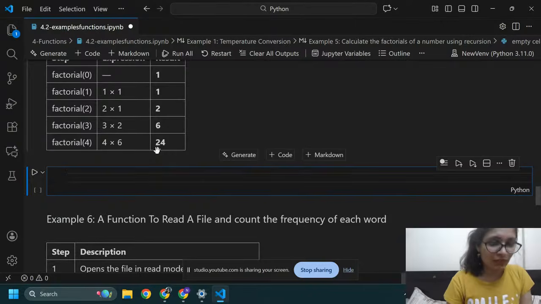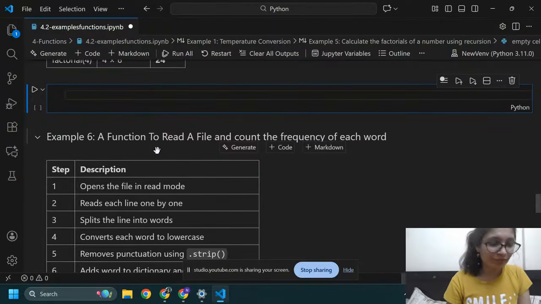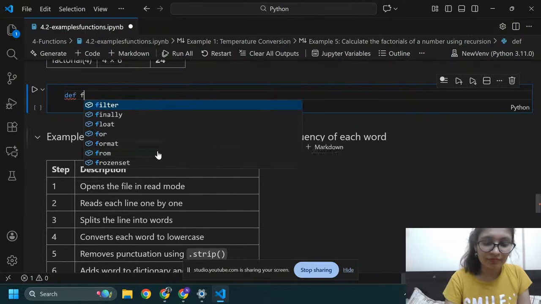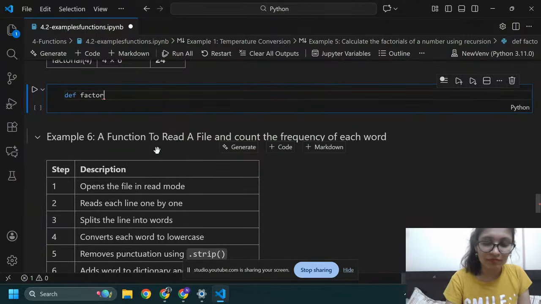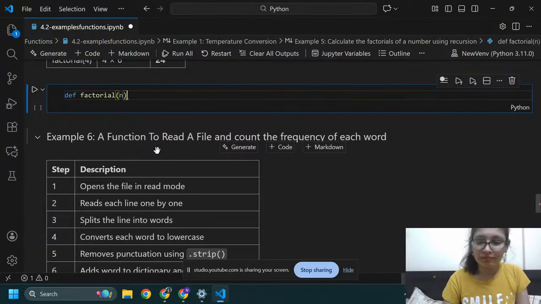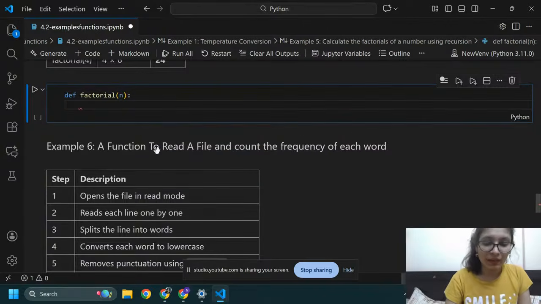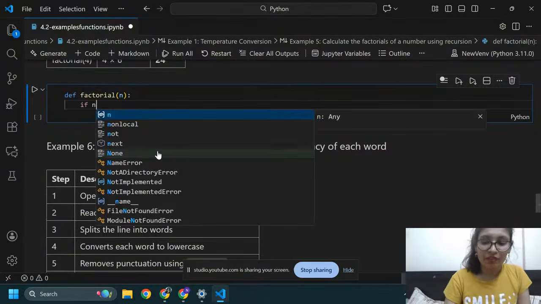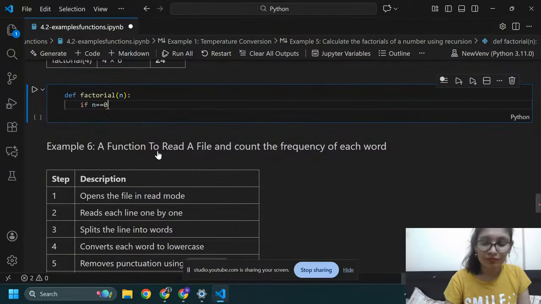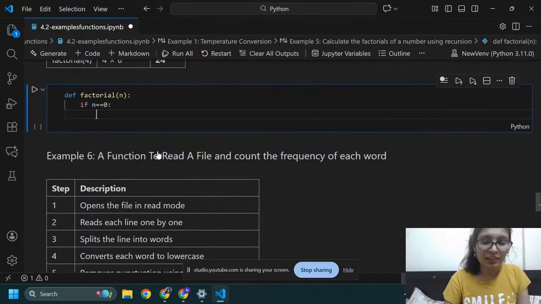Here I'm going to write code for factorial. Define factorial function. Okay, if n equals 0, then it will return 1 because its factorial is 1.